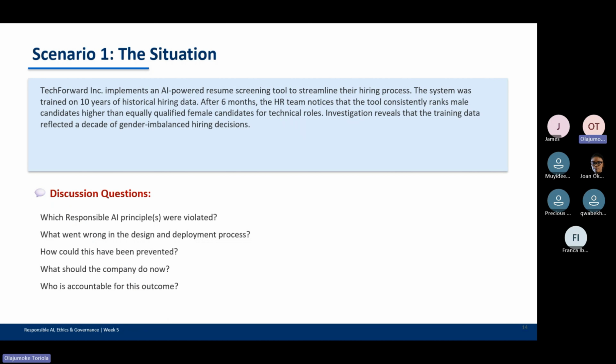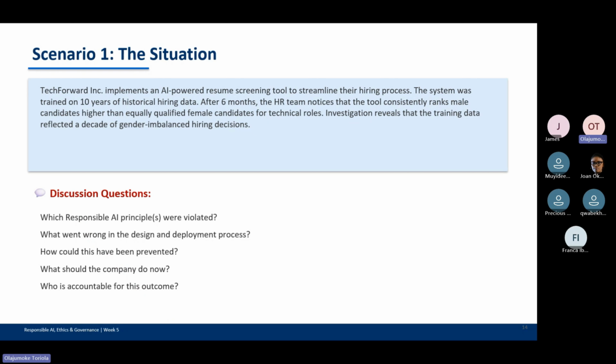So let's say TechForward Incorporation implements an AI resume screening tool to streamline their hiring process. The system was trained on 10 years of historical hiring data. After 6 months, the HR team noticed that the tool consistently ranked male candidates higher than equally qualified female candidates for technical roles.